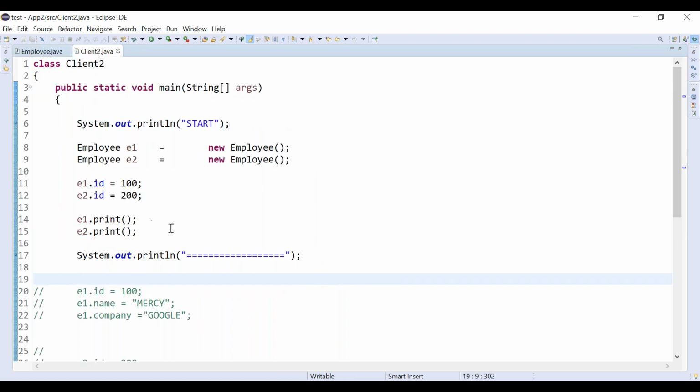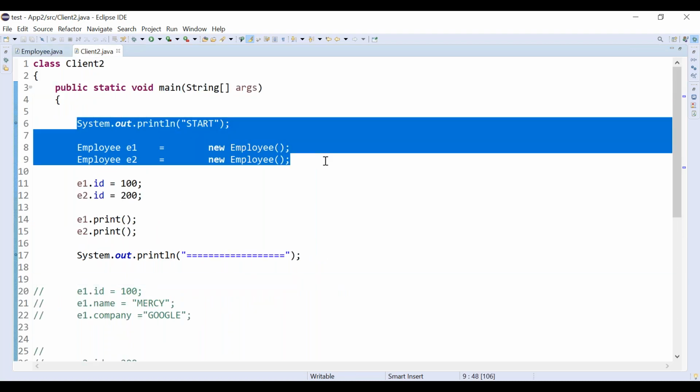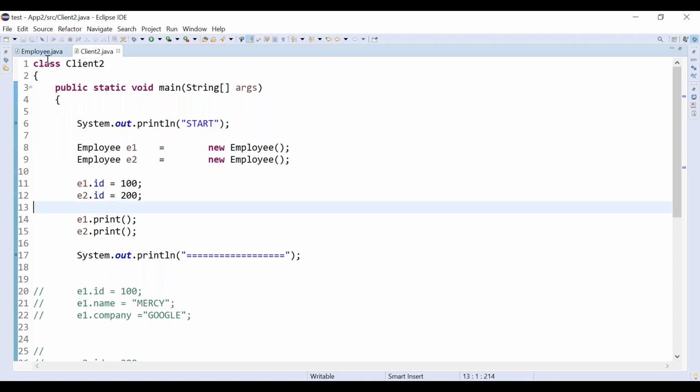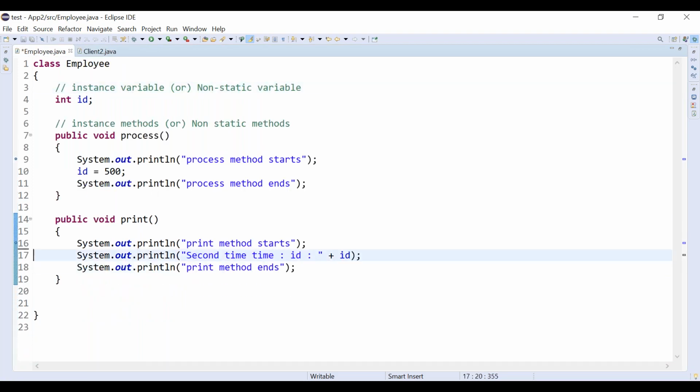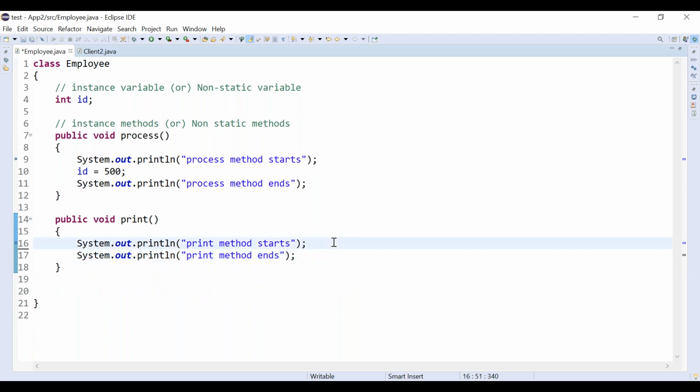And in the client class, we have created two objects and we were playing with them. We have called them in different ways, right? So this is what we were doing in the previous sessions.